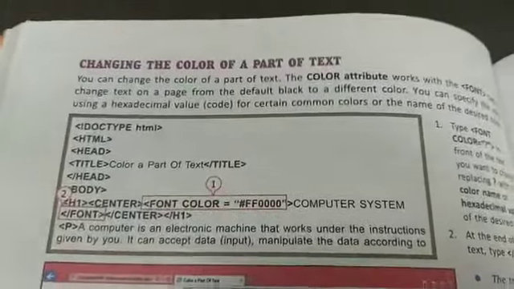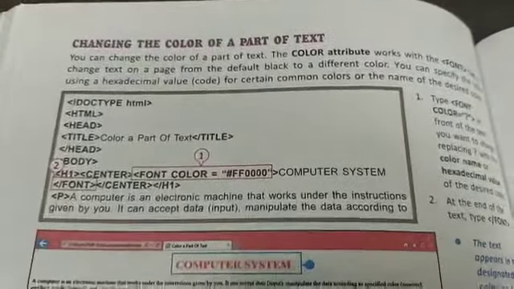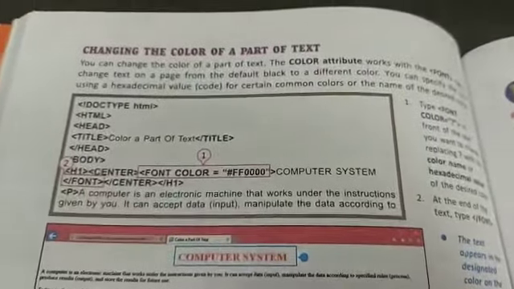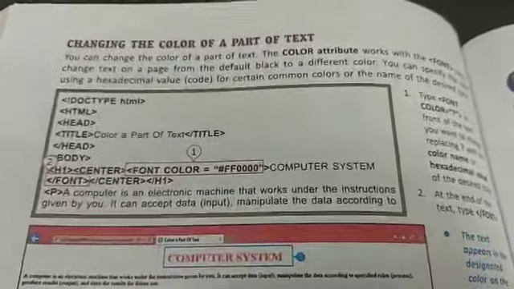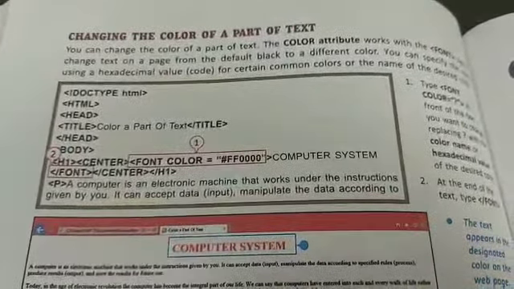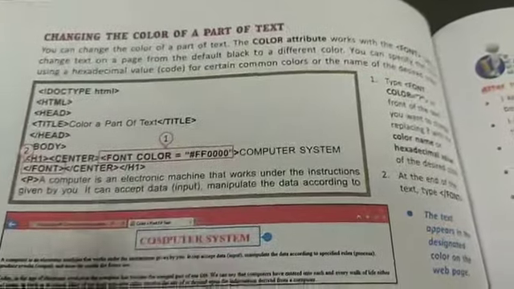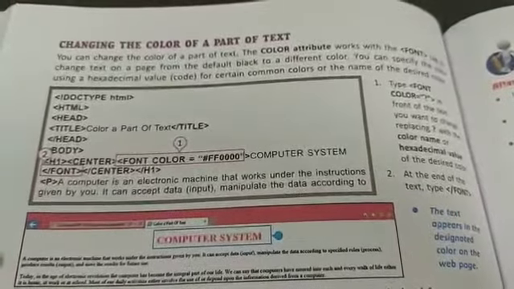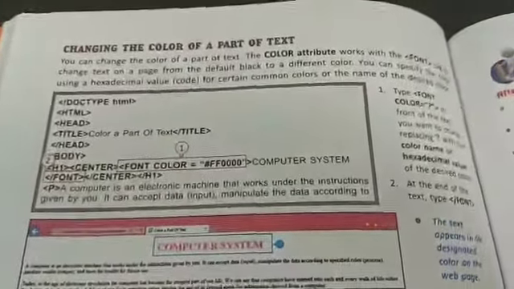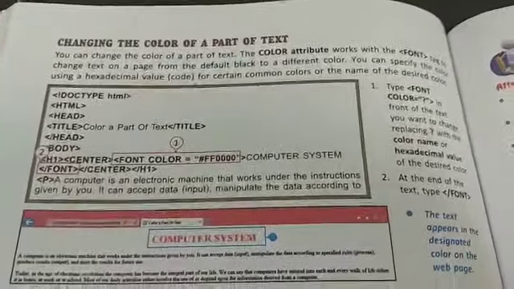Now the next, if I want some color of some part of a text to be changed, I will be giving the font color equals to, this is an attribute beta. So वैसे हम ये बहुत कम यूज़ करते हैं. I will be writing the color, so you will be using the color. Like in the previous section I wrote red, so you will use red, yellow in this way.